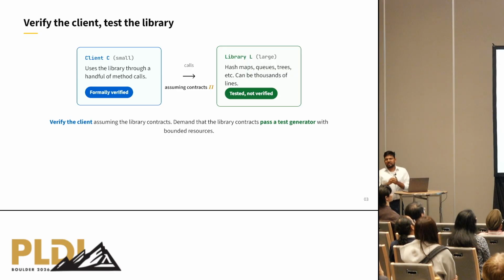In classical verification, when you have a client calling a library, you have to come up with contracts at the interface for the library methods such that on one side, you verify the client assuming the contracts you came up with. On the other hand, you also have to show that your library methods do indeed satisfy these contracts. What we're recommending is that you drop the latter condition and you test the contracts instead.